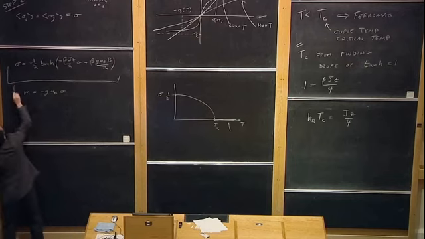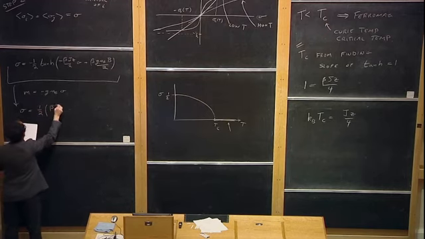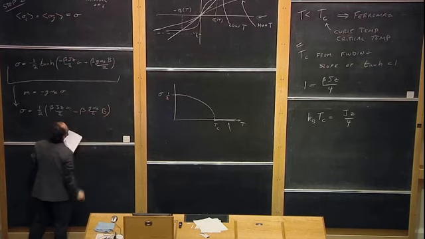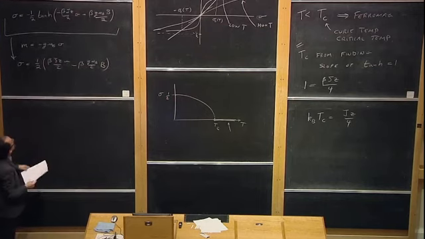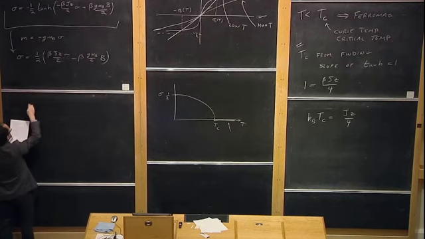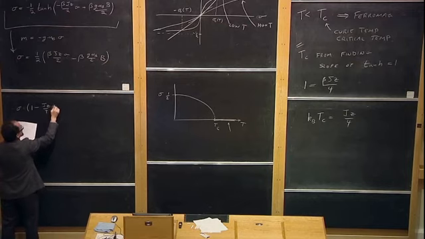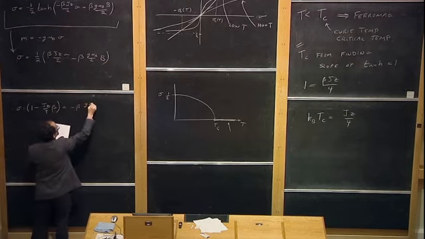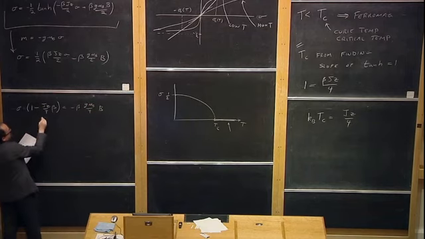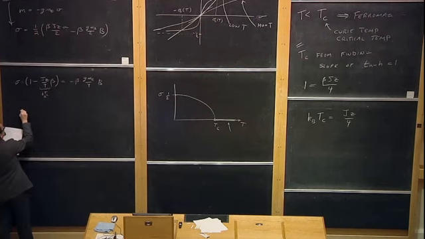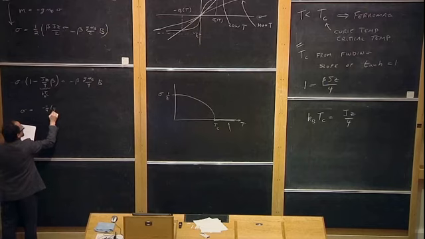Everything is small. So we can write sigma equals, just writing this all out, I'm going to absorb a couple of minus signs here, beta J z sigma over 2 minus beta g mu B over 2 times the magnetic field. Okay? And then we just rearrange this so we solve for sigma as a function of magnetic field. We get 1 minus Jz over 4 beta equals minus beta g mu B over 4 times the magnetic field. And notice this quantity here is actually k_B T_c. So with a little bit more rearranging, we get sigma equals minus 1/4 g mu B times the magnetic field B divided by k_B T minus